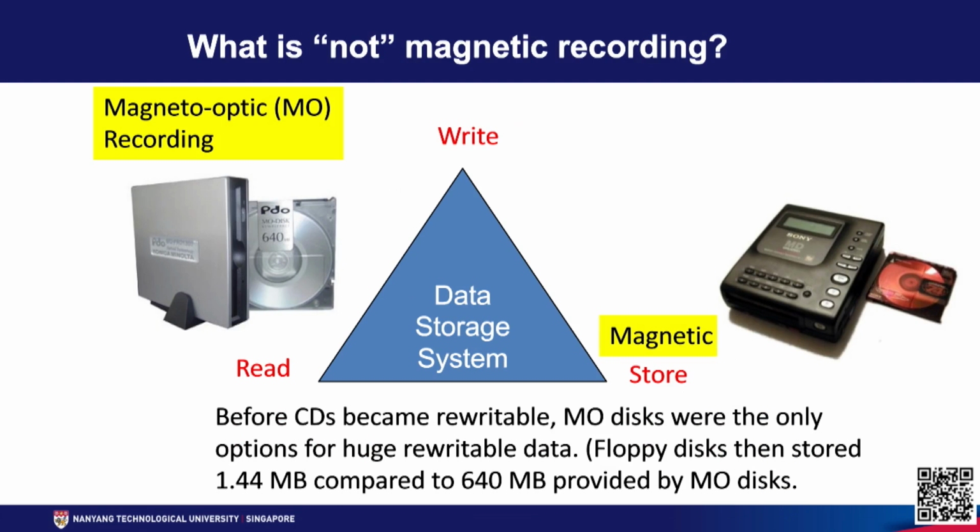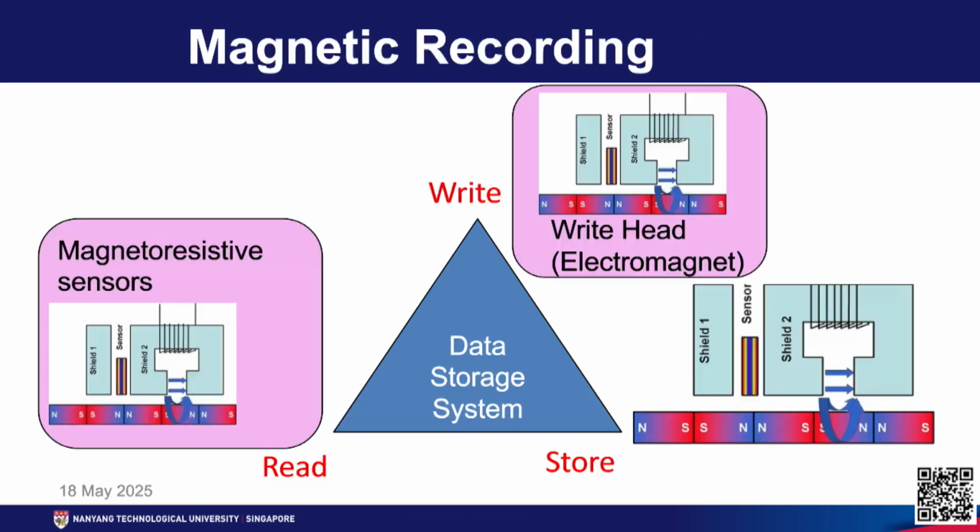And somewhere in the 1990s, we had also magneto-optic recording, which is also not magnetic recording. And if you take solid state drives, they are using semiconductor technology. So, we are using the presence of electrons or absence of electrons inside a potential well to define 1 and 0. So, those are all not magnetic recording. So, when we talk about magnetic recording, we use these principles which I show in this picture to achieve magnetic